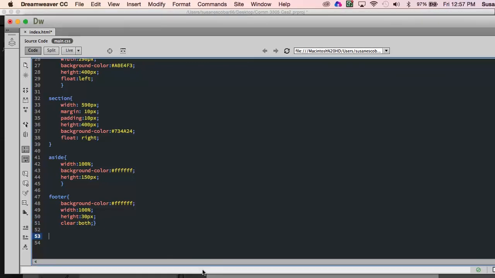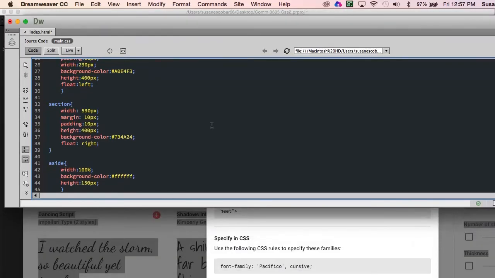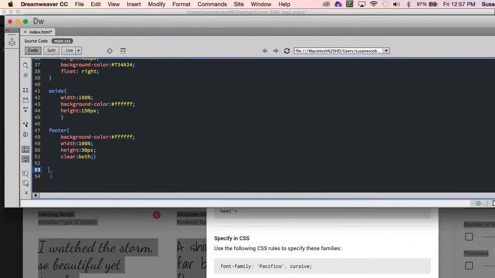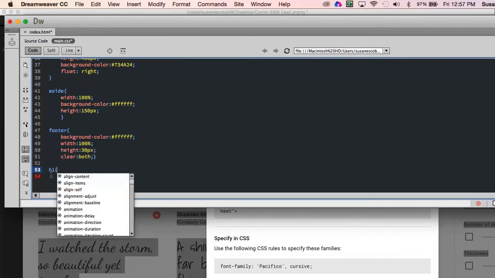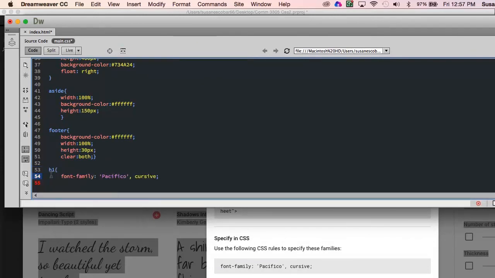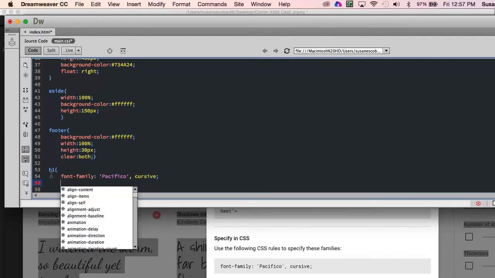Again, I can't scroll up. Let's squish it and scroll to make sure that I'm in the view. I'm just going to paste that font family in there. And then I give you a size